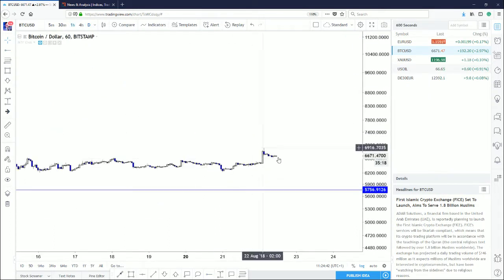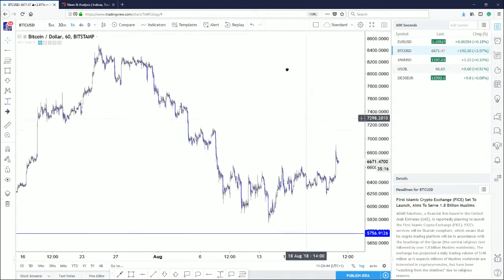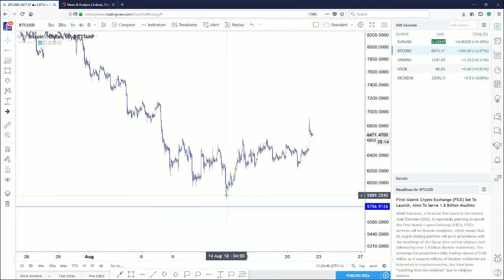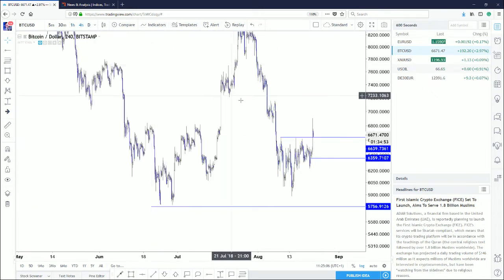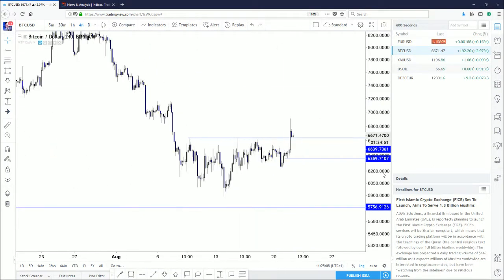If you look at it from a 1 hour time frame, you have a head and shoulders, left shoulder, head, right shoulder, and you have the break here to 66.39, which opens up further moves to the upside. I'm going to remain bullish as long as we're above 63.59, which is this level just below here. This is the breakout candle. This is a 4 hour. You can better see what's going on here.